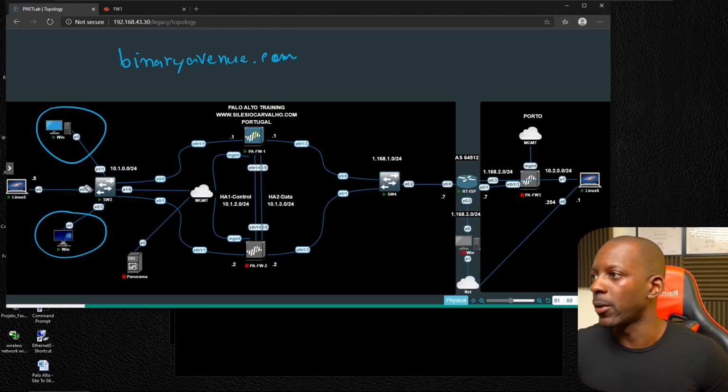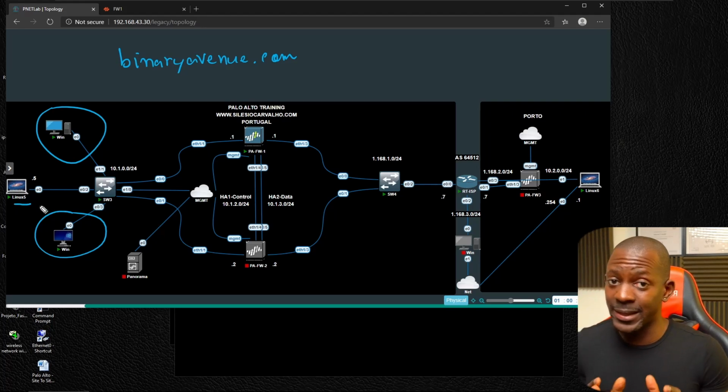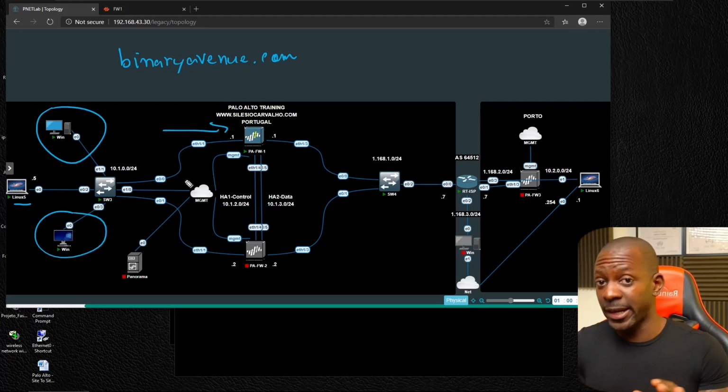Now, I'll also have this Linux PC that is not part of the domain, so that we can see the scenario where we have domain PCs accessing a resource and PCs that are not part of the domain accessing the same resource. Then going to pass through this firewall, and they are all sitting on the same subnet 10.1.0.0, and